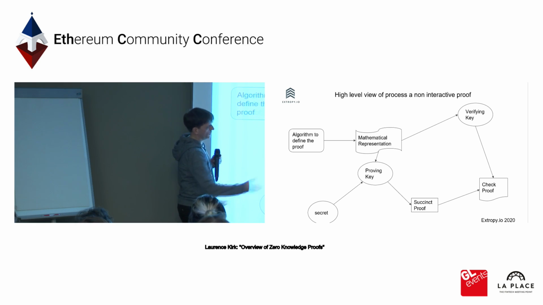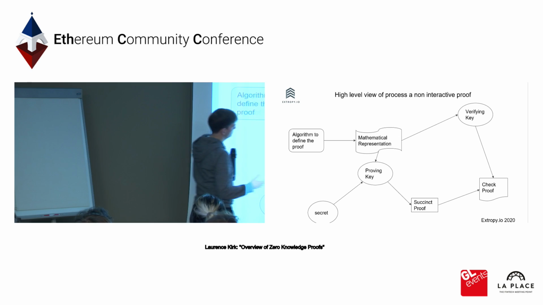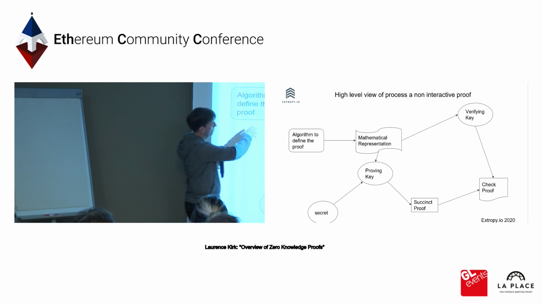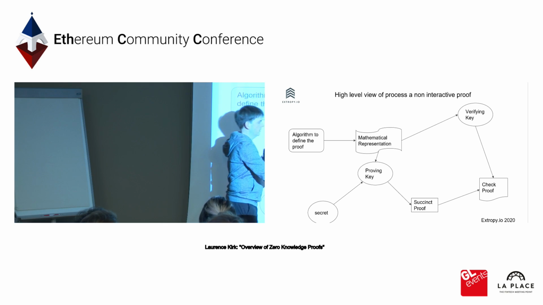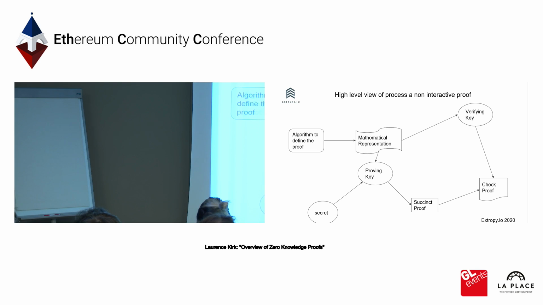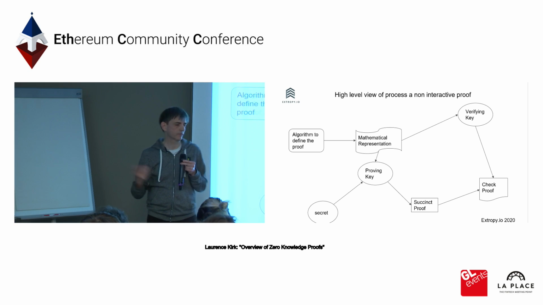If you look at this in terms of some of the projects, such as ZoKrates, which is doing this on Ethereum, you start off with their own DSL to create the algorithm for the proof, which then goes through a mathematical representation. Off-chain, you can create the succinct proof. And the verifying key, effectively the thing that does the check, is a smart contract, so that anybody can verify it. You give the proof to the smart contract, and the function in the contract will come back with true or false to say whether that proof is valid.